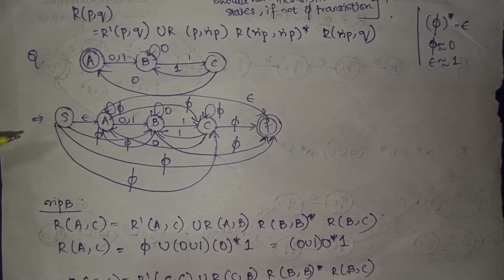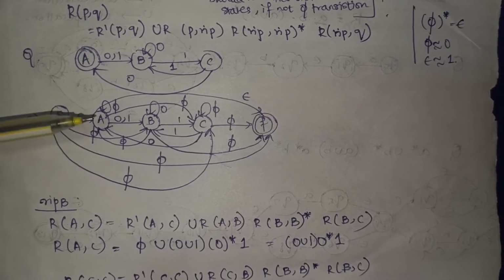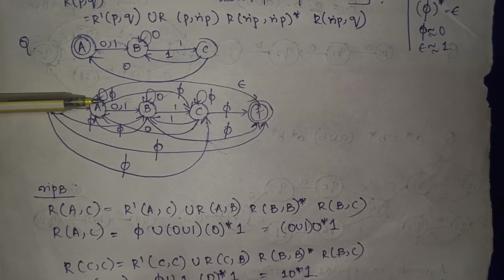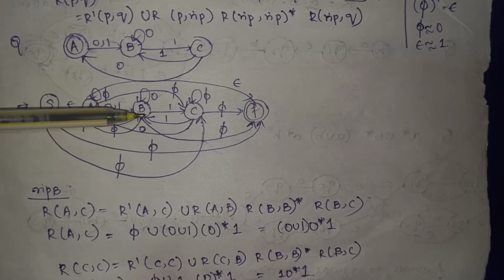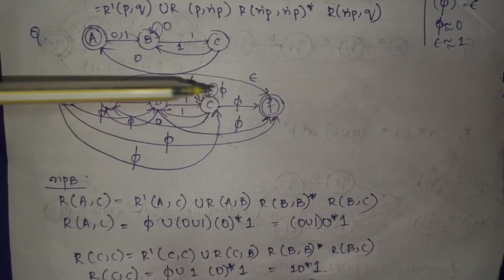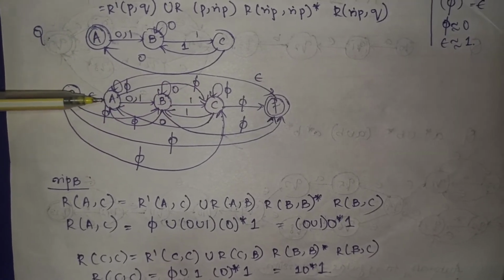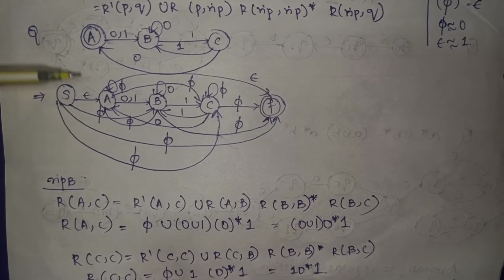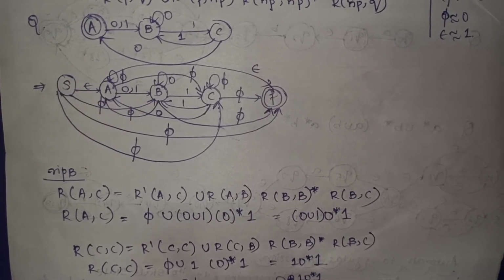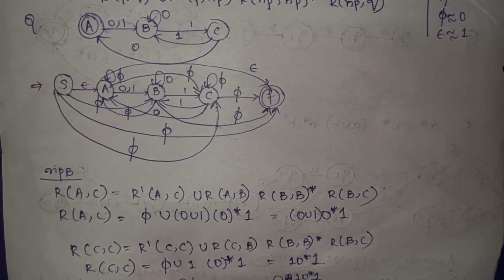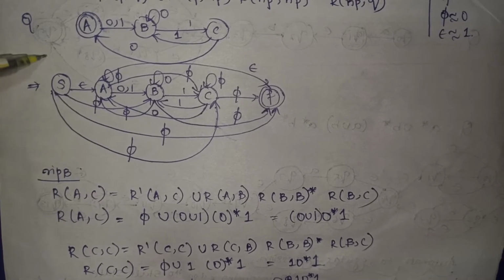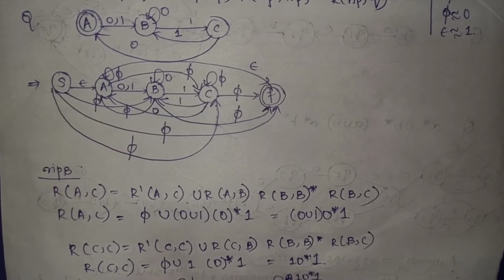After which you'll have transitions from all the states, including that state. So A, with A there is no transition, so you write it as epsilon transition. B, you have 0. C, you don't have any transition with C, so it is epsilon. Then from S you have a direct transition to A, so there is no need of putting a phi transition. But for B you don't have a direct transition from S, so you put a phi transition. For C also the same thing goes, and for F also the same thing goes, phi transition.